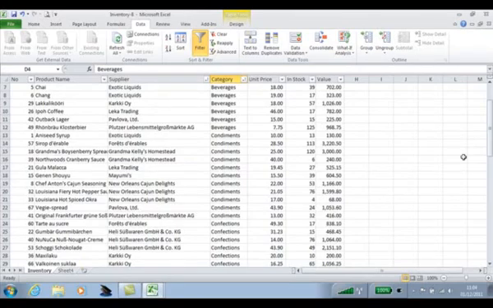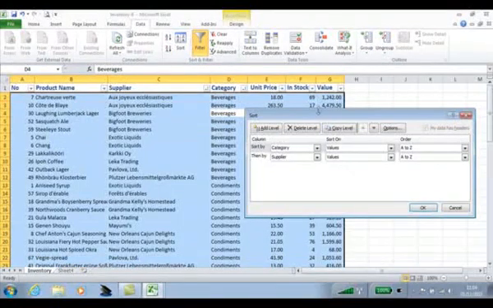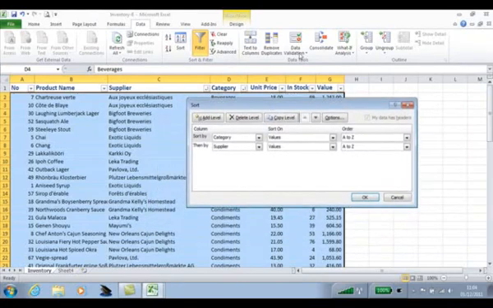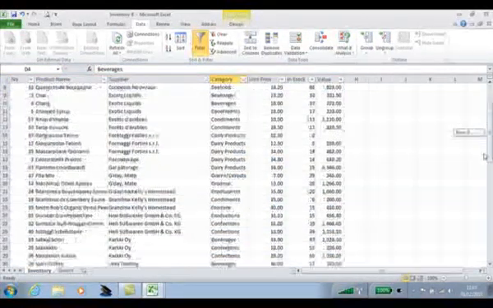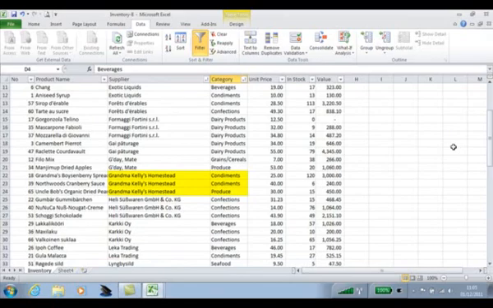Let's try that by again clicking the Data tab on the ribbon, Sort and Filter group, Sort button to bring up the Sort dialog, and to reverse the order, I'll click on one of the sorts to select it, and then use the arrow buttons at the top to move a sort order up or down. Well, I want to sort first by supplier and then by category this time. So I click the OK button, and let's look at Grandma Kelly's Homestead. You can see that they supply two categories of product, and they're sorted in alphabetical order, condiments coming first and